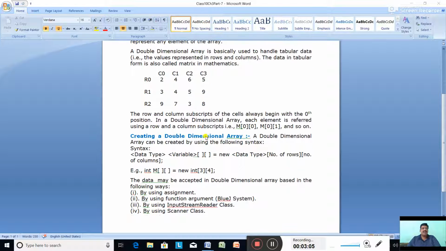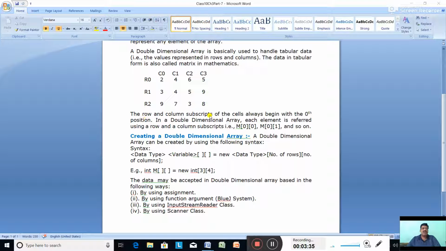The row and column subscripts of the cell always begin with 0. As I told you, the row and column numbers begin from 0, not like math with 1, 2, 3. That's why the first row is called 0, second row is called 1, third row will be 2. In the same way, the first column is called column 0, second column 1, third column 2, and fourth column 3.